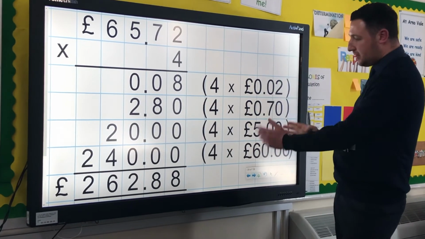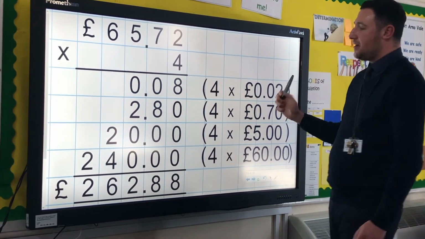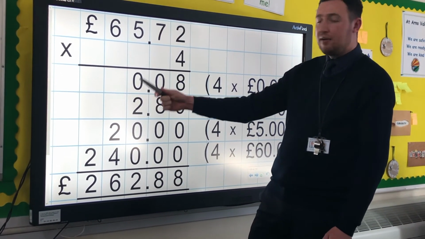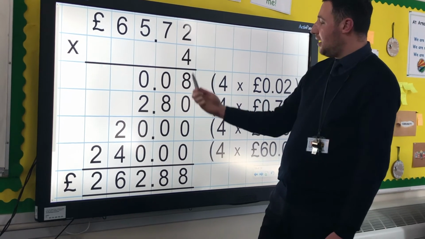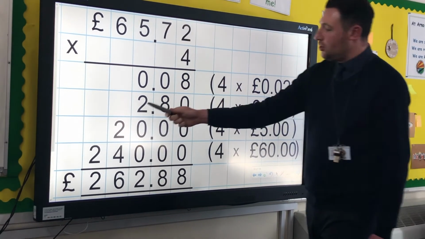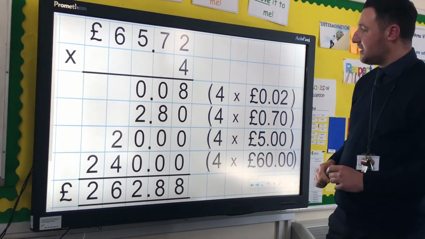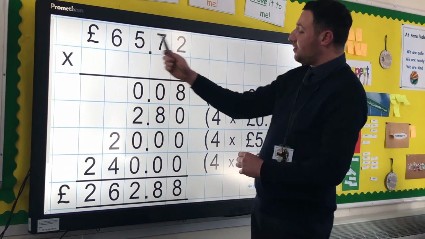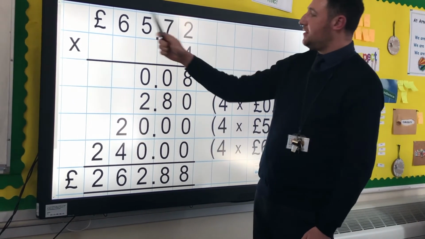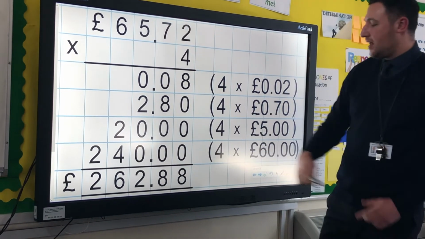So we've got the brackets to show us what they're doing. So straight away we're doing 4 lots of 2 pence. 4 lots of 2 pence is 8 pence, and we'd set it out £0, there's nothing in that column, and then we've got 8 pence. 4 lots of 70 pence is £2.80. So getting everything lined up in the correct columns is key for this. 4 lots of £5 is £20 and 0 pence, and 4 lots of £60 is £240,